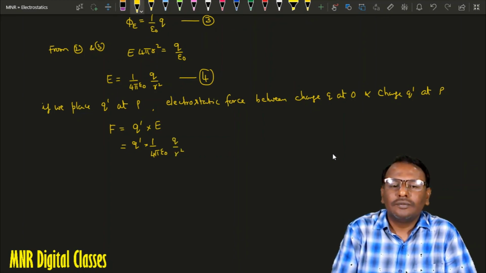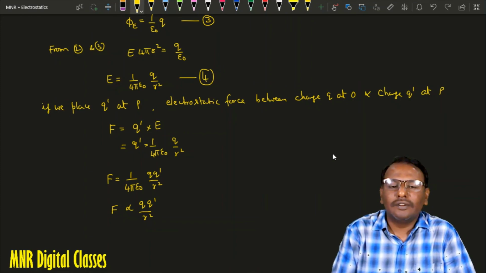Therefore, F is equal to 1 divided by 4 pi epsilon naught Q Q dash by r square. Removing the constant, we can write F is proportional to Q Q dash by r square. This is the statement of Coulomb's law. Hence, Coulomb's law